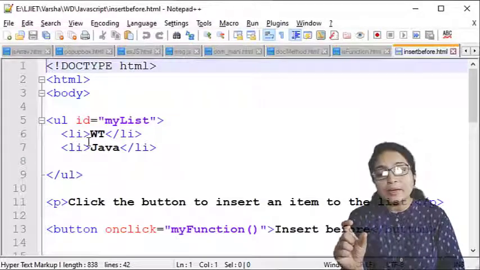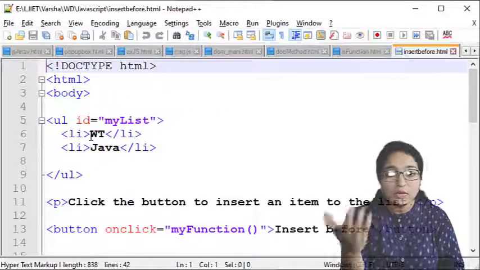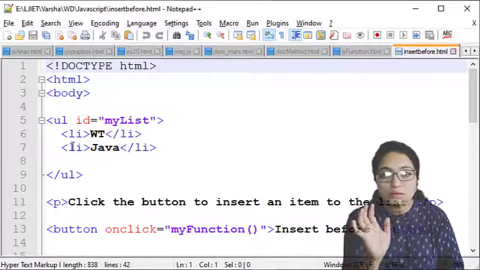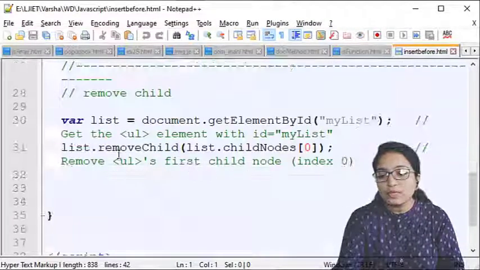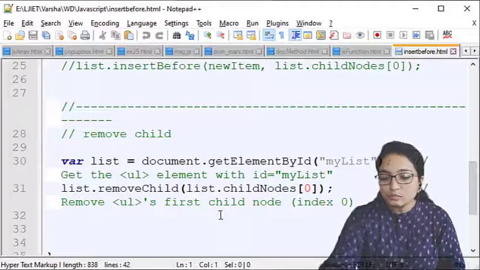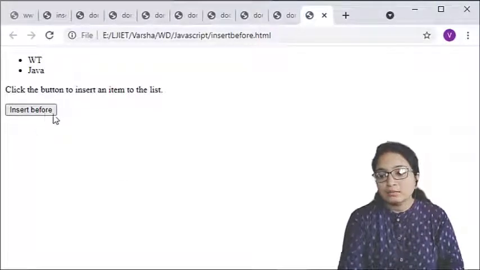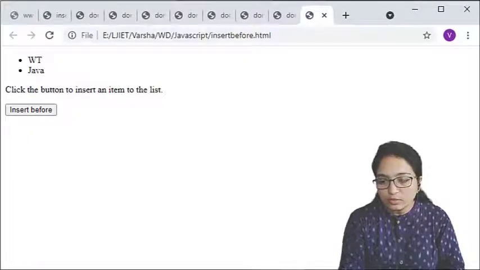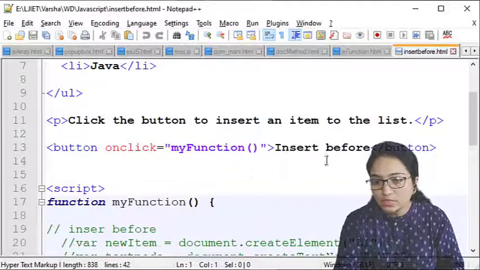What will happen when the WT is removed? Java is now at position 0, and when you click again on the button, Java will also be removed. So let's see how to remove this. Here you can remove the child also. This is by default insertBefore that I have used, so if you want to change the name, just change it over here.